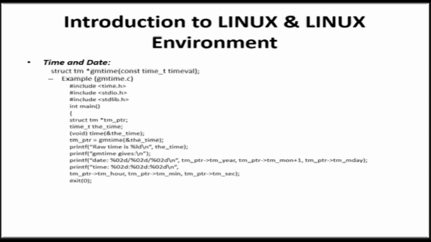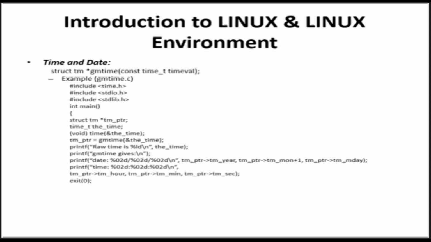However, we have a problem here. If you are running this program in a time zone other than Greenwich Mean Time, or if your daylight savings time is in effect, you will notice that the time and possibly the date may be incorrect. This is because gmtime returns the time as GMT, known as Coordinated Universal Time, that is UTC. Linux and Unix do this so that all programs and systems across the world are synchronized, and files created at the same moment in different time zones will appear to have the same creation time.